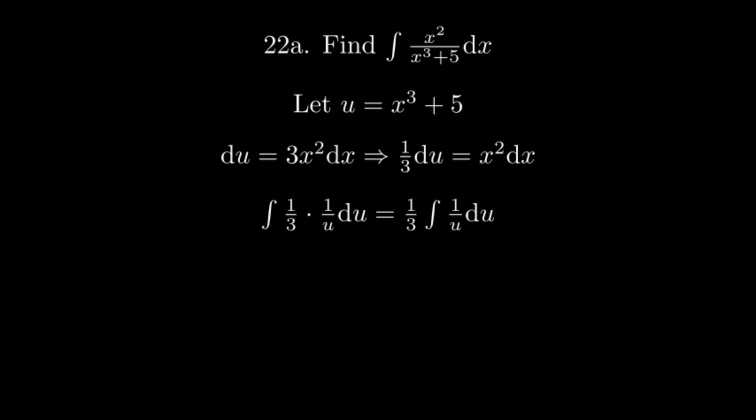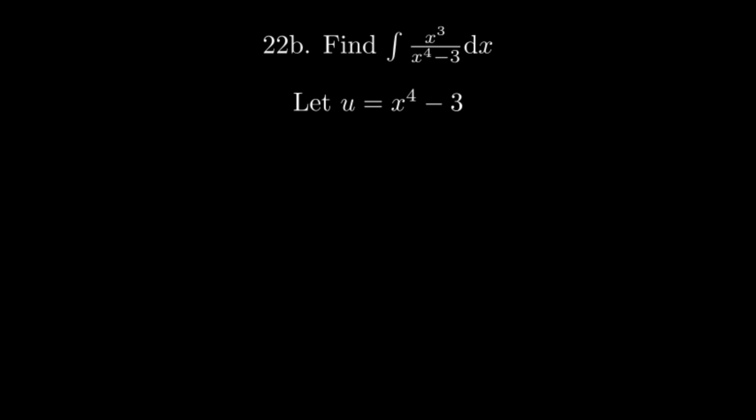The integral of 1 over u is the natural logarithm of the absolute value of u. Finally, substitute back x cubed plus 5 for u. So the result is 1/3 times the natural logarithm of the absolute value of x cubed plus 5 plus c. Now for question 22b. We need to find the integral of x cubed divided by the quantity x to the